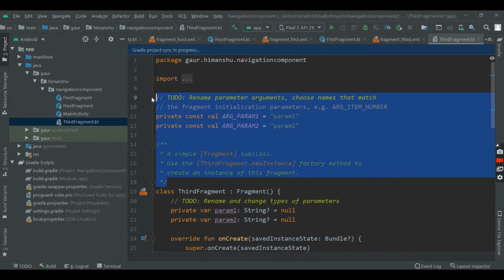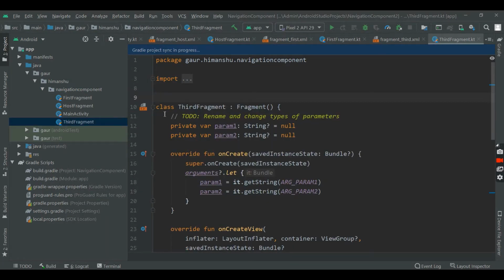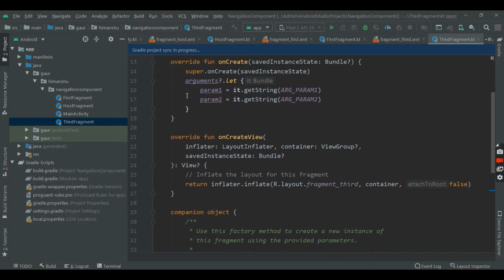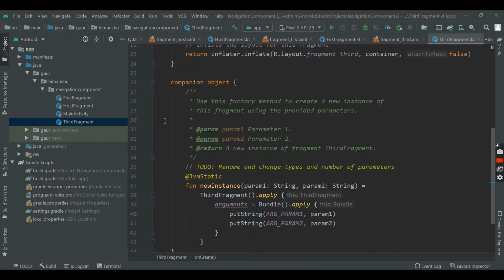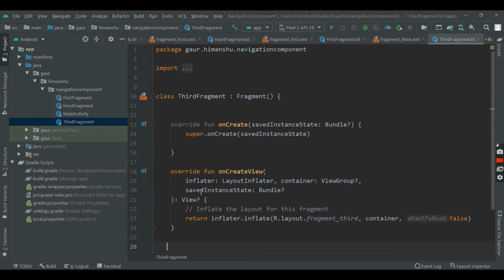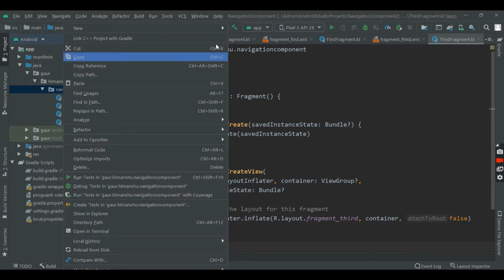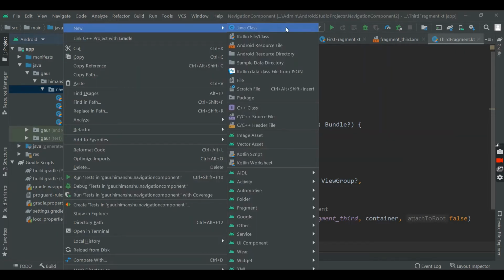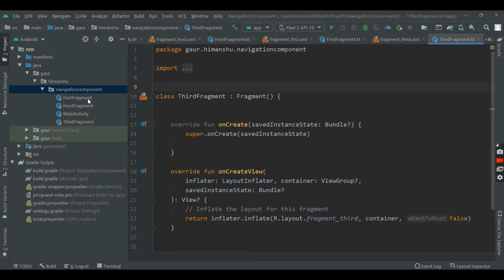Now remove all these methods. This contains an object of... okay, we have a first fragment.